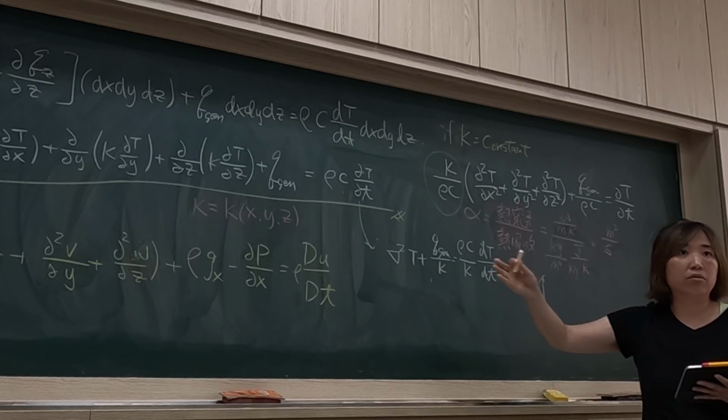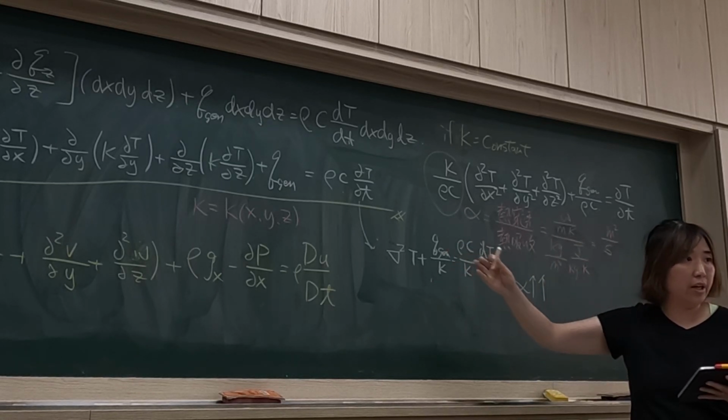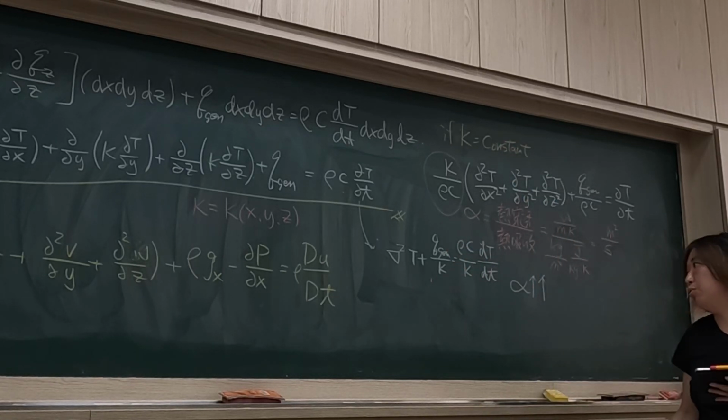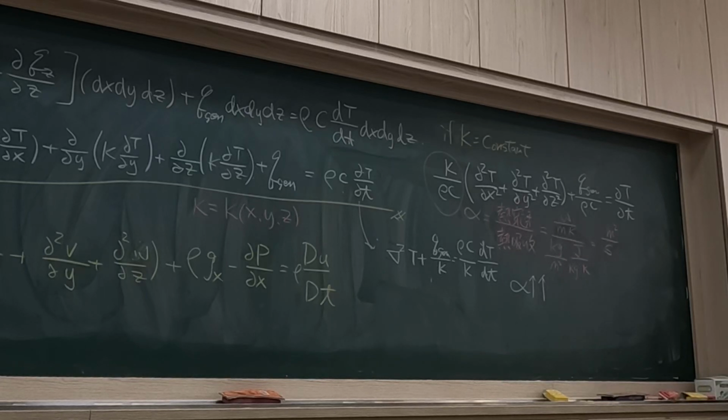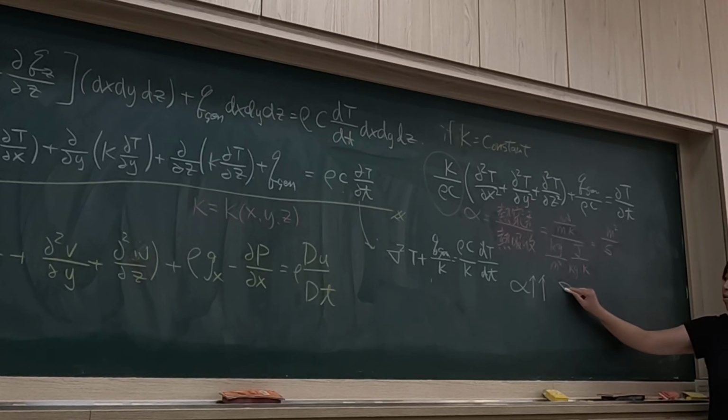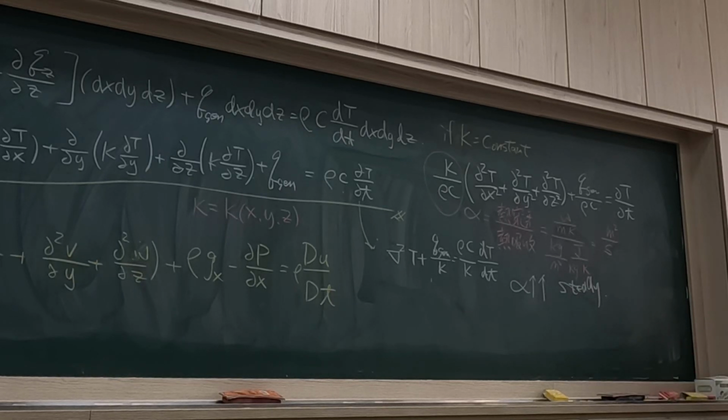There's no direction difference, so it's easy to propagate. 多少热进来，我就多少热出去。所以 alpha 很大的时候，如果你算出来很大的话，这个题目直接用 steady state 去解就可以了。